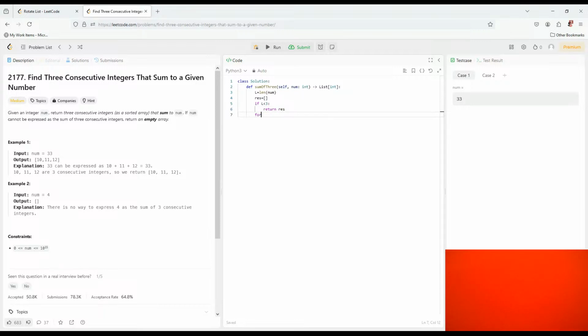Then for i in range started from 3 to L minus 1. What we have to do, we check 3 consecutive elements. If L, we can do running sum, but I don't know if we have to. So if